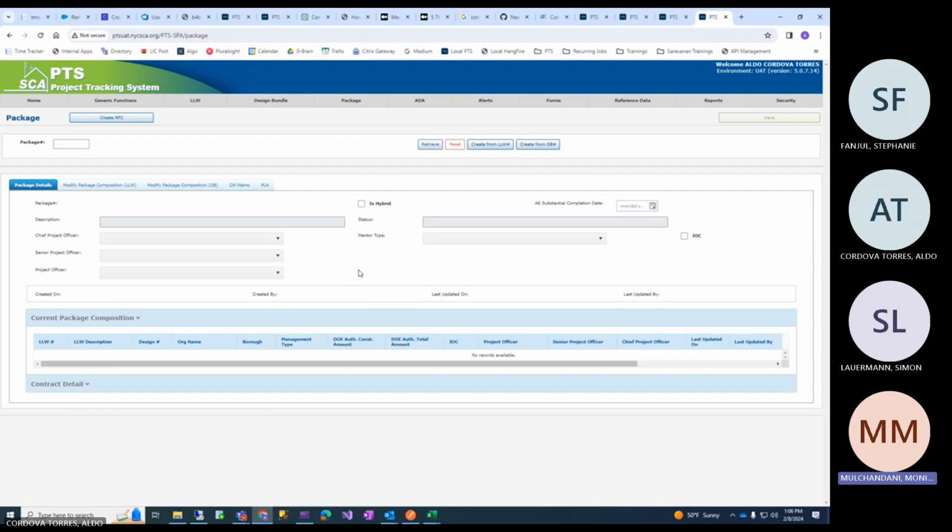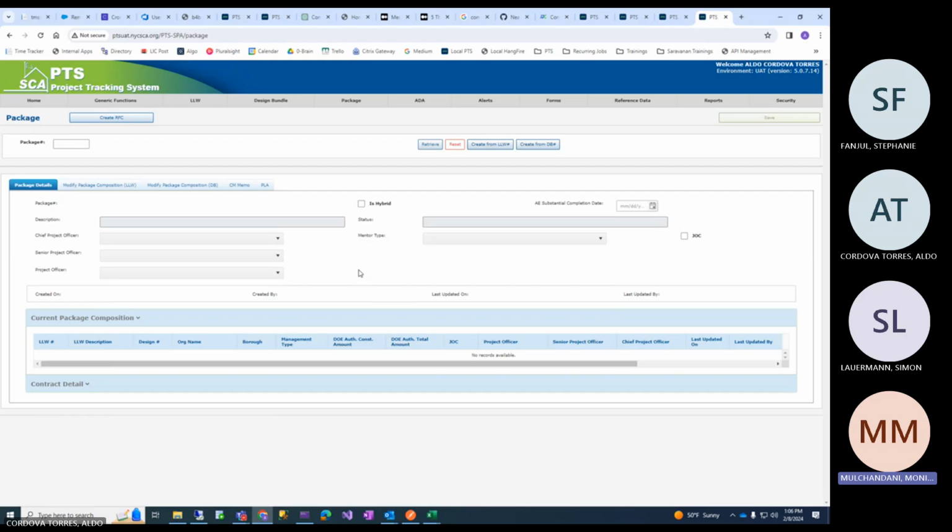And otherwise, if it's created from LLW, you could pick LLWs which belong to different design bundles. And in this case, the number generated is a P number. So sometimes you see packages with P numbers. That's where they originate from, because they were created using individual LLWs.